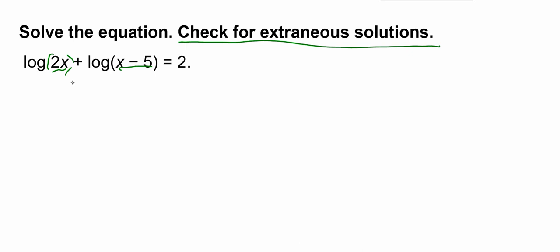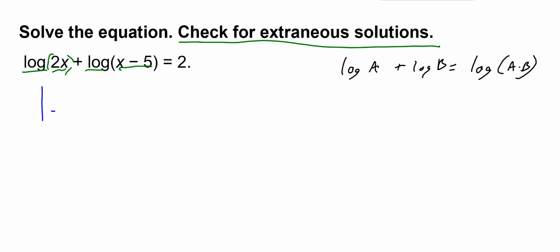So if we're solving these and we notice we have two logarithms, then we've got to use our properties of logarithms to combine them first. Okay, so we know that log of A plus log of B, if we write it as one single logarithm, becomes multiplication, A times B. So utilizing that over here, writing this as one logarithm, I get log of 2x times x minus 5